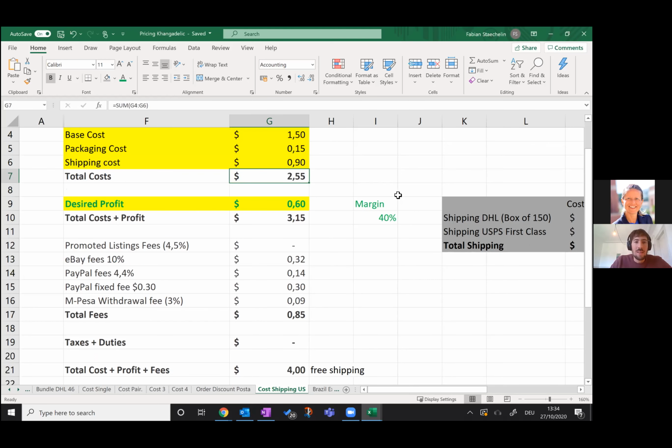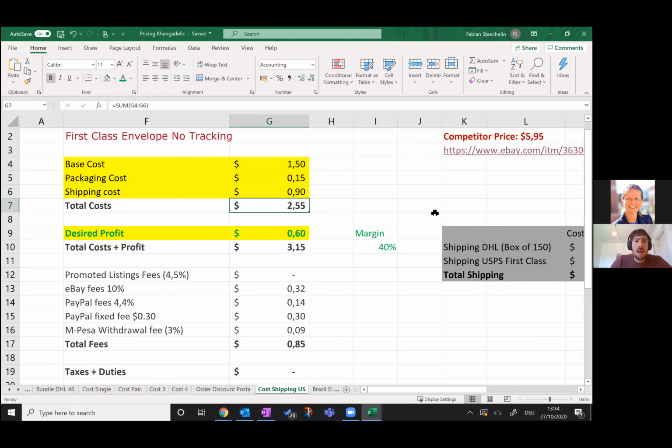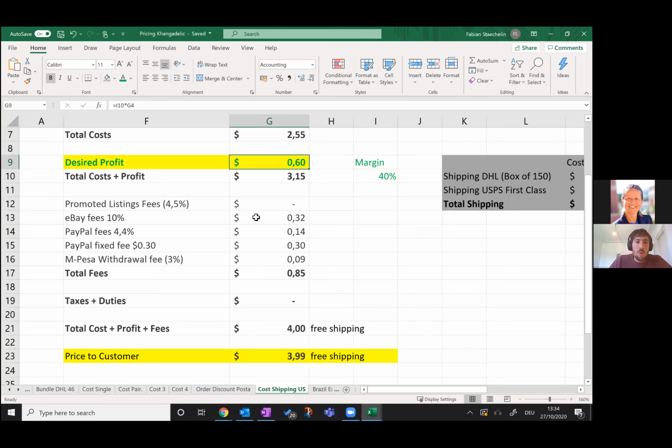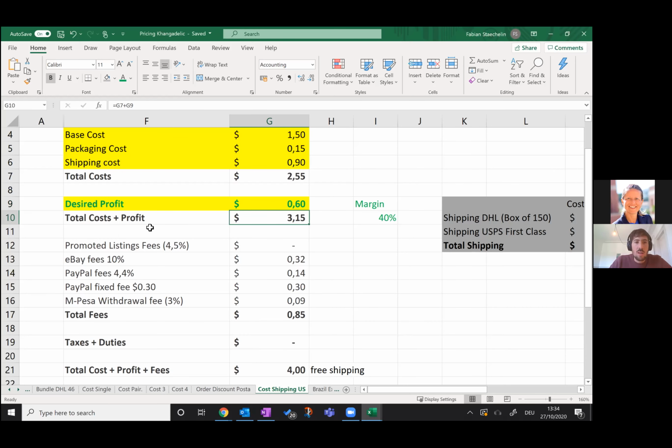Now we can play a little bit because now we can say, okay, how much money do I want to make per mask? And we basically said, let's not be greedy. We are a new seller. We need to break into a market. Let's put the profit per mask at 60 cents. It's very, very low, but we're making a profit for each mask, and that profit we can split with the business partner. So now we're looking at a cost and profit of $3.15,